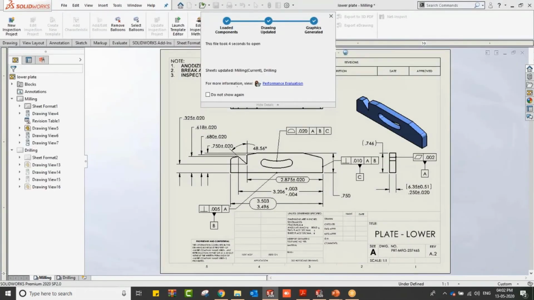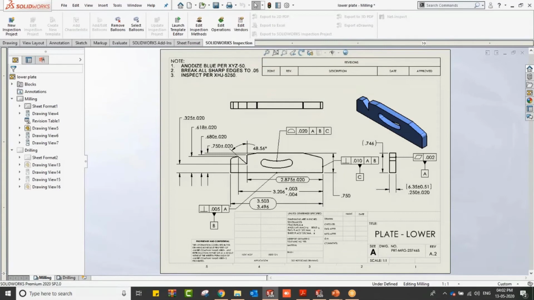Beginning with the add-in, the most important aspect of working in SolidWorks Inspection software is gathering all the dimensions, geometric tolerance callouts, and notes that determine the part's manufacturing properly. The list of annotations added to export an inspection document is called the bill of characteristics. In this SolidWorks Inspection add-in, I can automatically balloon all the characteristics needed and combine them into a single bill of characteristics. If I create a new inspection project